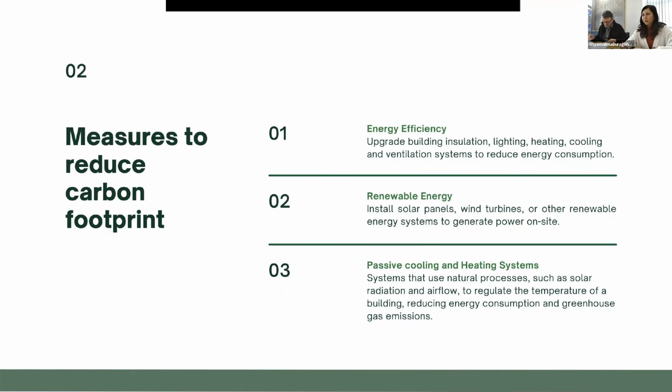So, measures to reduce carbon footprint. Energy efficiency. Upgrading the insulation, lighting, heating, cooling, and ventilation systems in a building is an effective way to reduce energy consumption and lower carbon emissions. With better insulation, the building can retain heat in the winter and cool air in summer, reducing the need for heating and cooling. Energy efficient lighting and modern HVAC systems can also significantly reduce energy consumption, while improved ventilation helps ensure good indoor air quality and reduces the need for extra systems to provide heating and cooling. These upgrades can have a positive impact on the environment and also lower energy bills for the building owners and